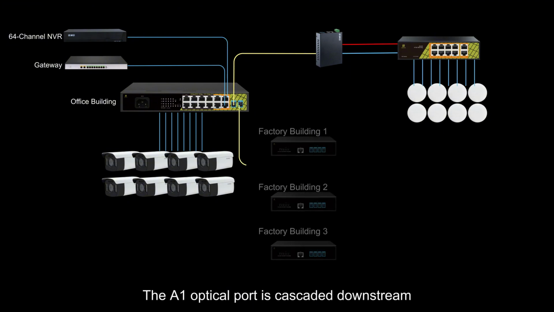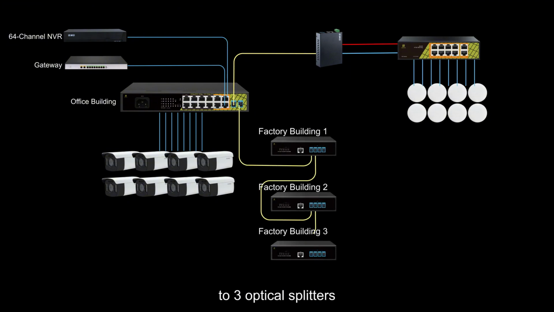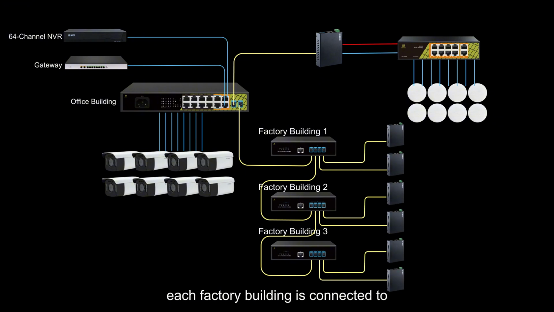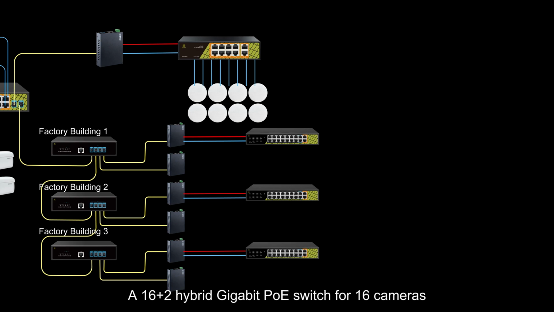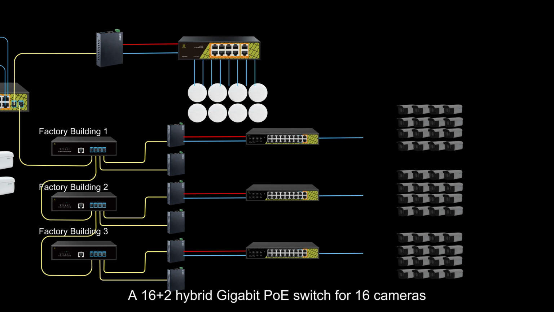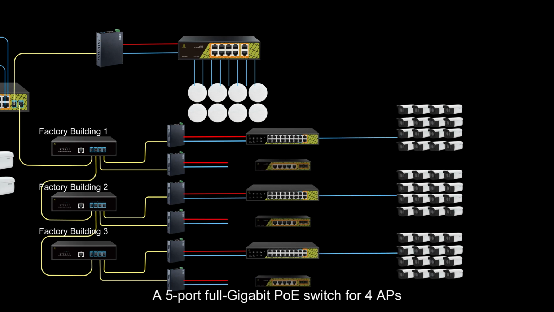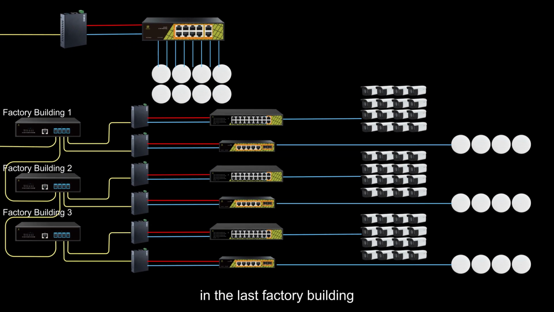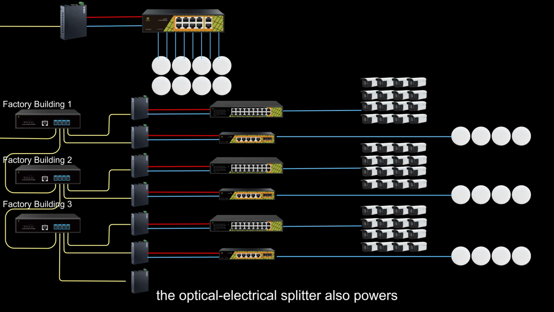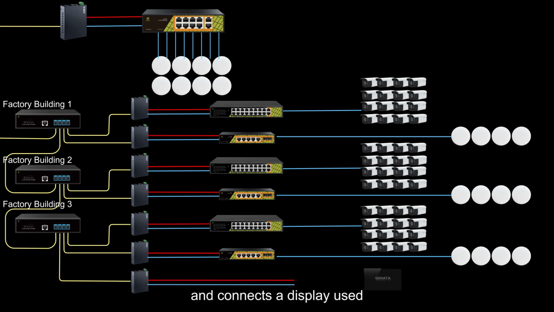The A1 optical port is cascaded downstream to 3 optical splitters, each serving a factory building. Through the optical electrical splitter, each factory building is connected to a 16+2 hybrid gigabit PoE switch for 16 cameras, and a 5-port full gigabit PoE switch for 4 access points. Additionally, in the last factory building, the optical electrical splitter also powers and connects a display used for monitoring production